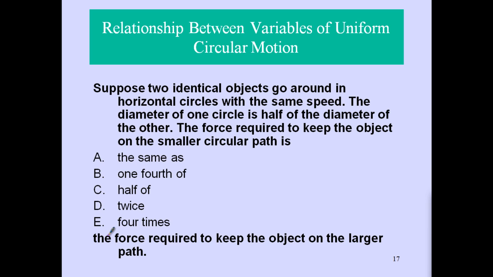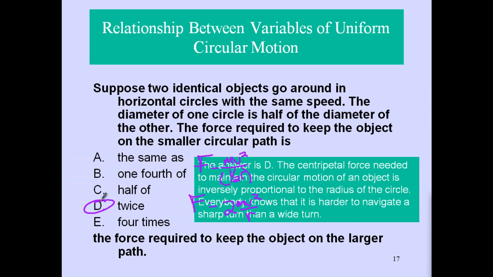So this time, two identical objects going around that same circle, the same speed, the diameter of one is half of the other. The force required to keep the object on the smaller circular path is what? So we go back to our equation, F equals mv squared over r, but this time we have 1/2 r. That's going to be force equals 2mv squared over r. So we're going to have twice the force. So the answer is D,